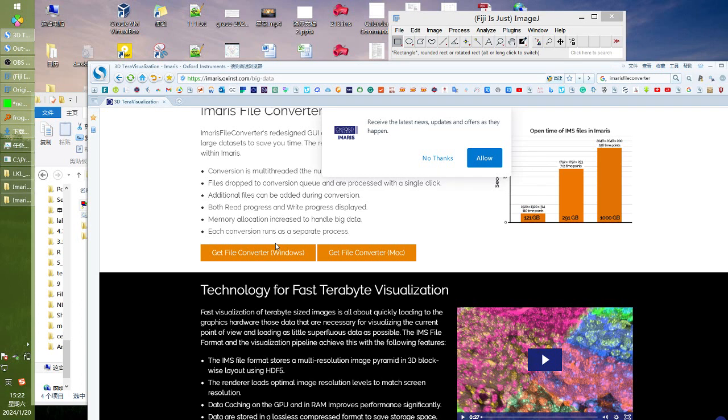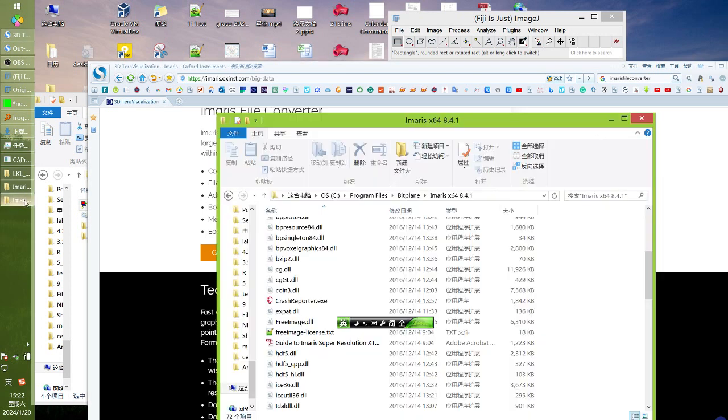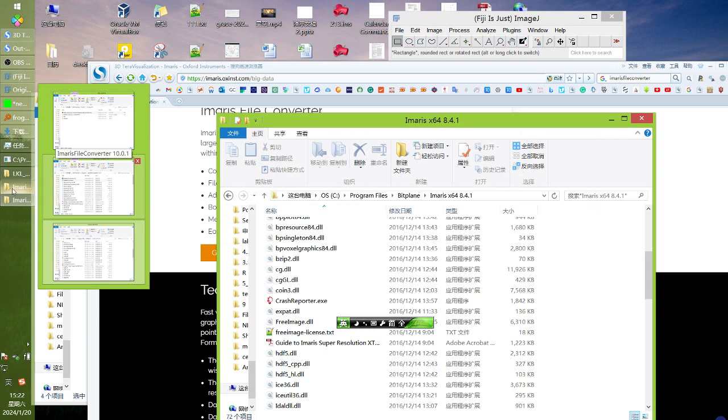So they either cannot convert the image, or after converting you find that the image looks weird, for example, the left and right sides are diverted, so abnormal. So you are advised to update to the new image file converter